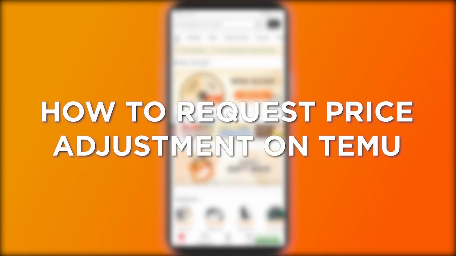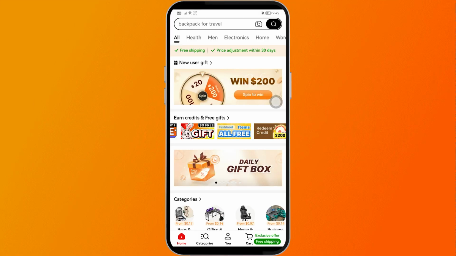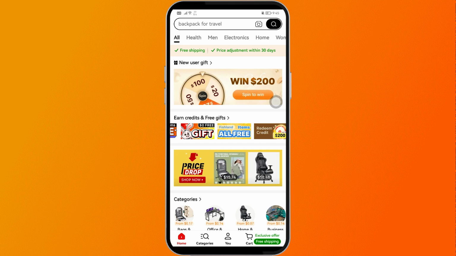How to request price adjustment on Temu. Requesting price adjustment from Temu allows customers to claim a refund if the item's price drops within a specified time frame after purchase. Now, in order for you to get this done, I'm going to go ahead and show you